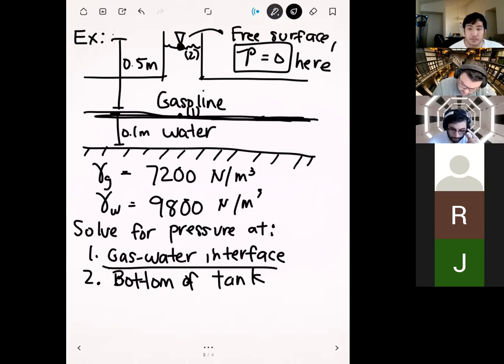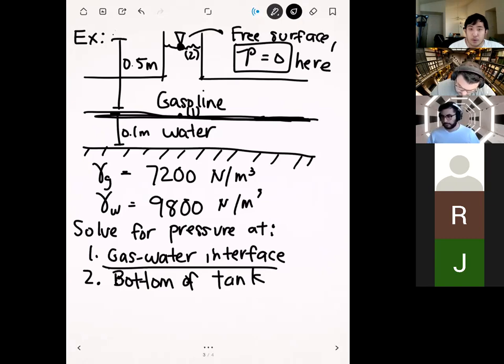Okay. All right, so there's a question in the chat. The question is, are the liquids in one container, and the density is what divides them? That's correct. All these fluids are in the same container. There's no solid interface between them. But because of the chemistry between these two fluids, they don't mix. It's like when you put oil and water into a container, they separate out naturally. And since water is more dense than gasoline, it goes down to the bottom. Right?